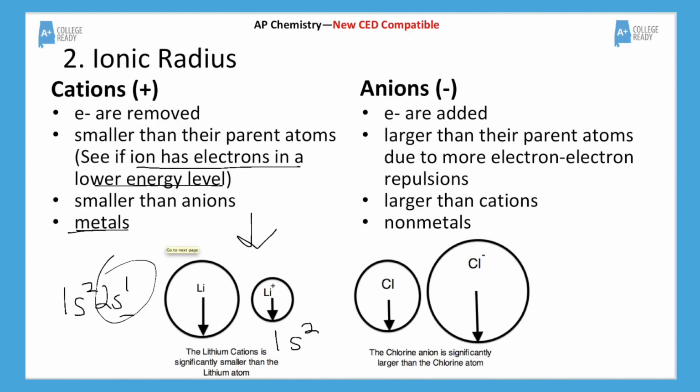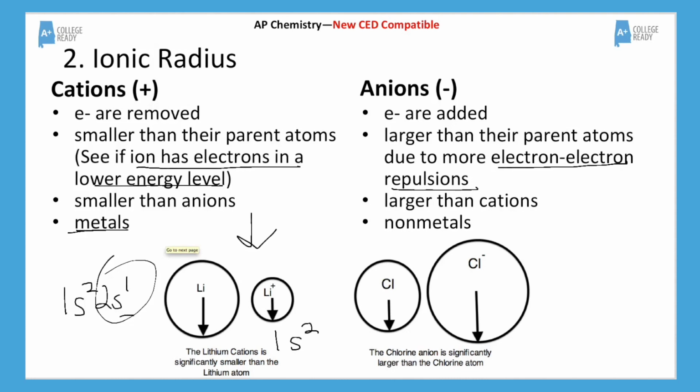Okay, so let's look at anions. This is where nonmetals are gaining electrons. Notice it's the opposite. These are larger than their parent atoms. And notice what the reason is. It's due to electron-electron repulsions. And you can write the electron configuration of chlorine if you would like. I could do the shortened one, which would be neon in brackets, and it would be 3s2,